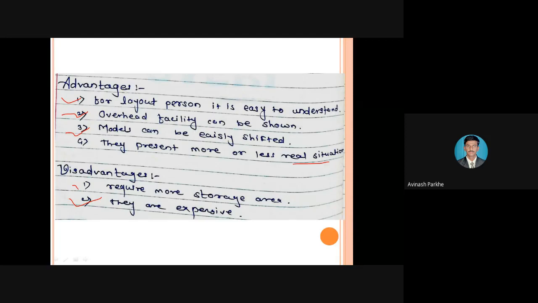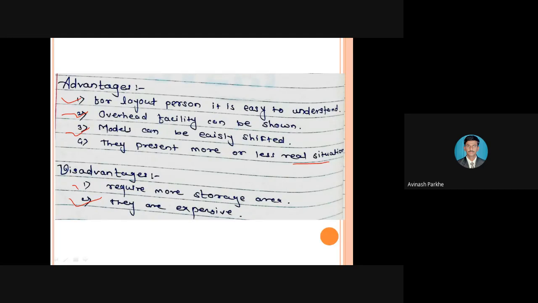Therefore, in the organization, wherever the requirement for models is there, only for such conditions we prepare special types of models, and through these models we give training to the unskilled operator. But in some situations, models are not required. Through theoretical explanation only, we can give all the information to the operators. But wherever it is necessary, we can prepare the model, and it will be better for that operator to understand everything. Wherever it is not necessary, there is no need to prepare the model; you can explain the things, and the operator can easily understand.